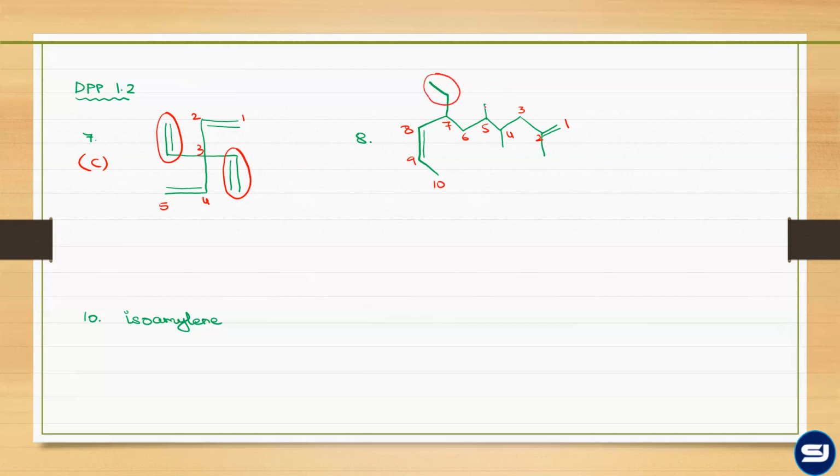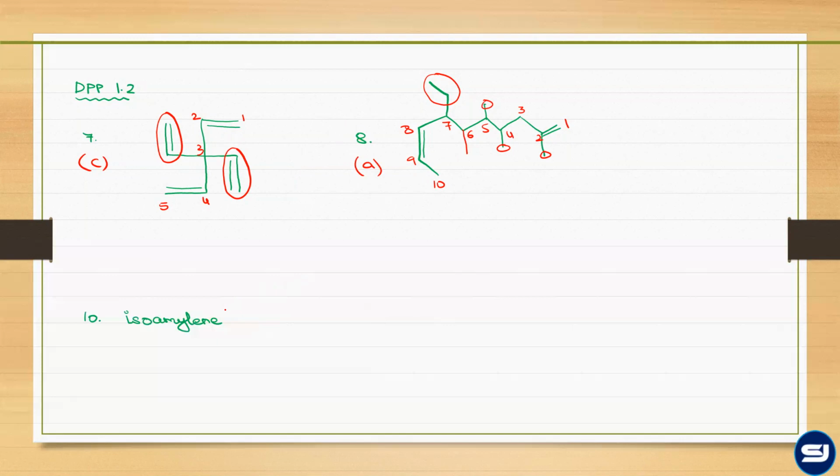And now this will be ethyl, this is methyl, methyl, and methyl. 7 पे ethyl, 2, 4, and 5 trimethyl. Even 6 has a methyl. There is a substituent here. So 6 पे भी है तो tetramethyl and deca 1, 8. Just by looking at the position also, you can understand the correct nomenclature. 1,8-diene होना चाहिए and parent deca है, so that is only one option, that is A.